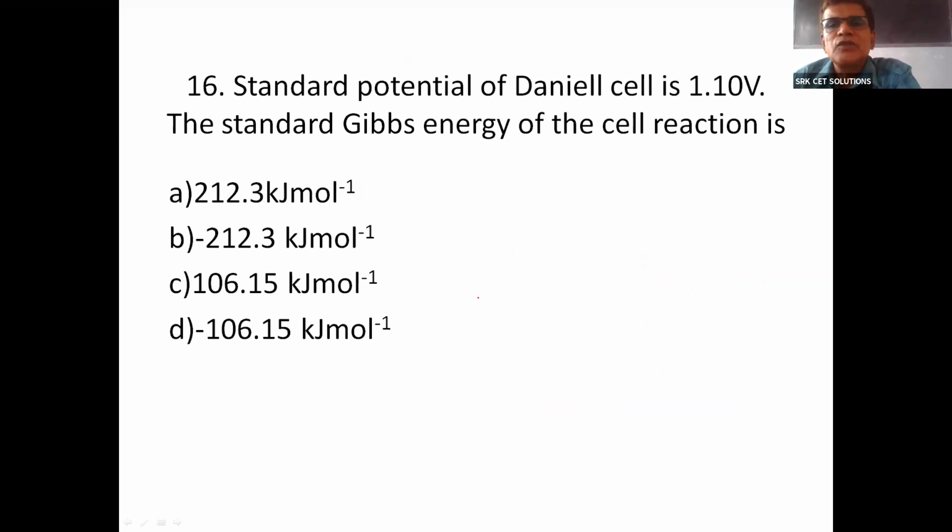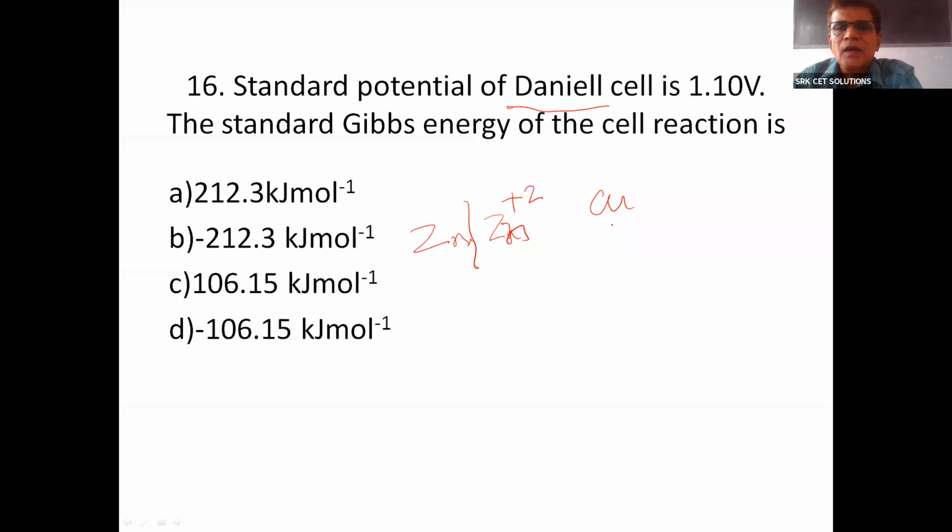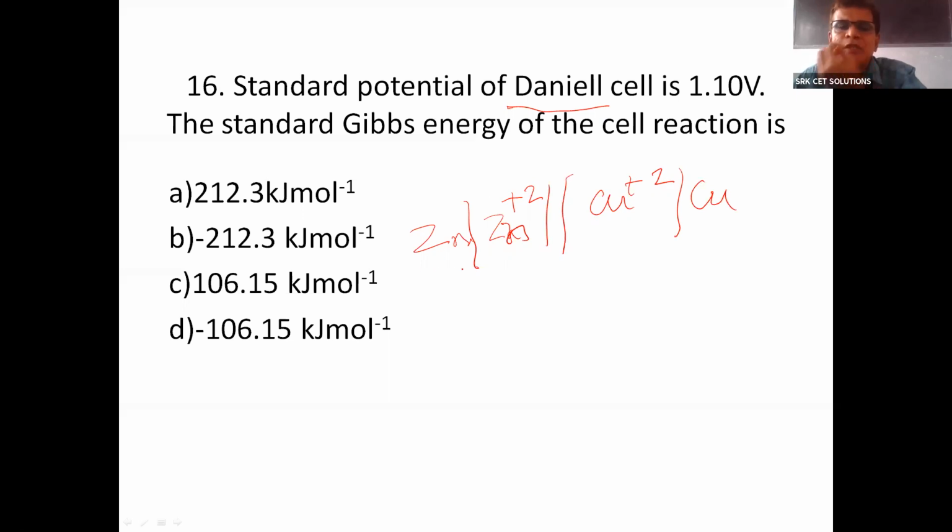The standard potential of the Daniell cell is 1.10 volts. The standard gives the energy of the cell. You must know what makes a Daniell cell. It's a combination of a zinc half cell and a copper half cell. Zinc undergoes oxidation, then copper 2+ undergoes reduction, and you make a combination of these two. When you want to take them in the standard state, this must be 1 molar and this must be 1 molar. What is given here is its potential, 1.10 volts. So it is positive, so the process is